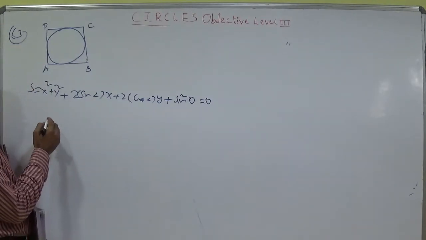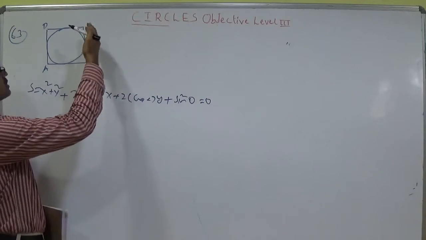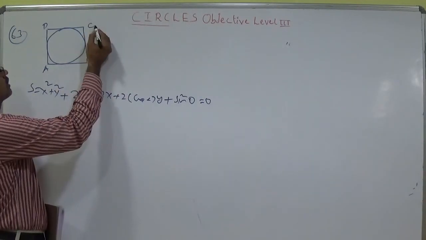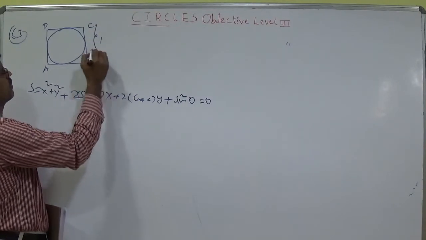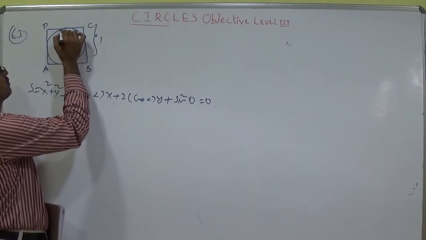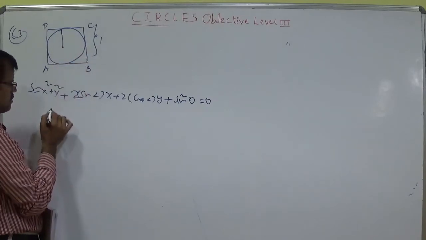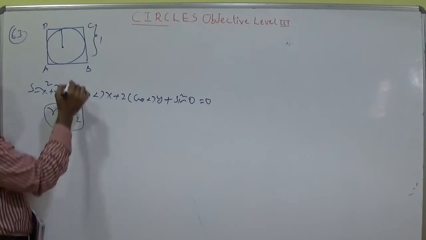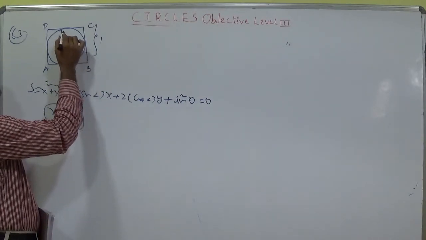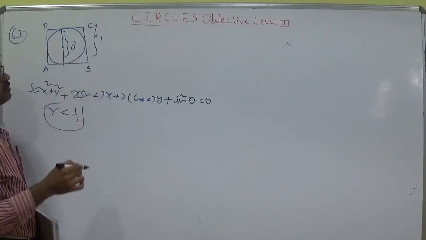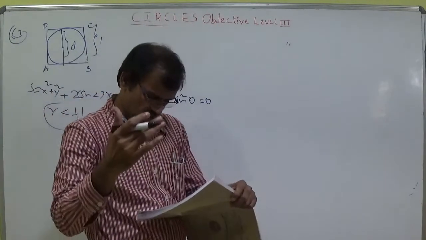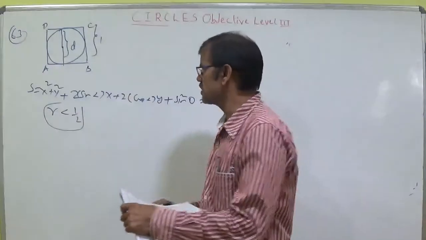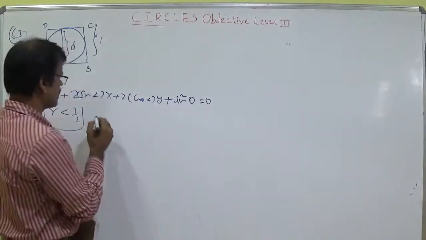So let us discuss the square. Try to understand here, this is 1. So this is 1 by 2. So the radius should be less than 1 by 2, because the diameter maximum value is 1. Here it is asking lies inside, so don't touch the circle. Simply draw just inside. So r less than 1 by 2 is the condition here.